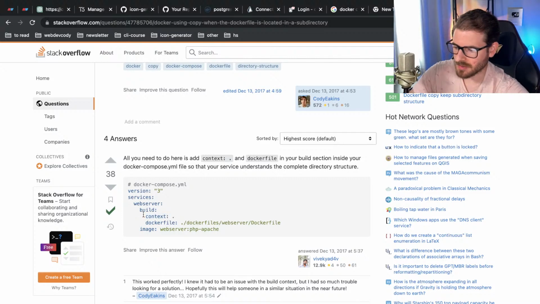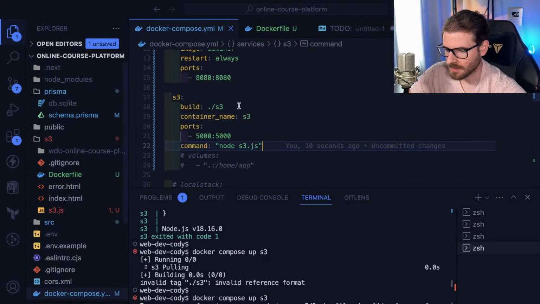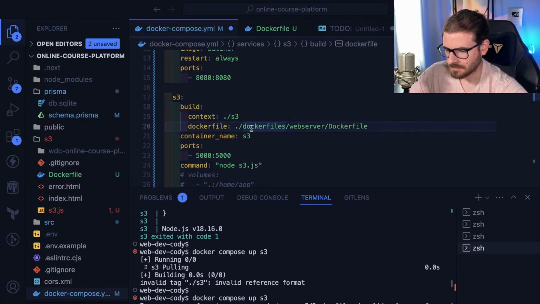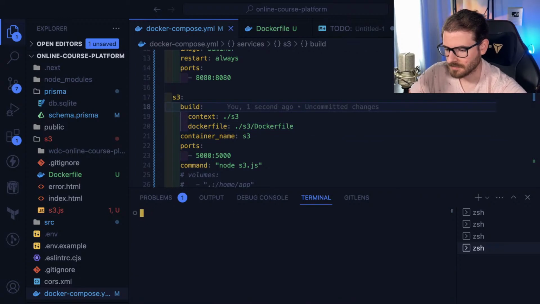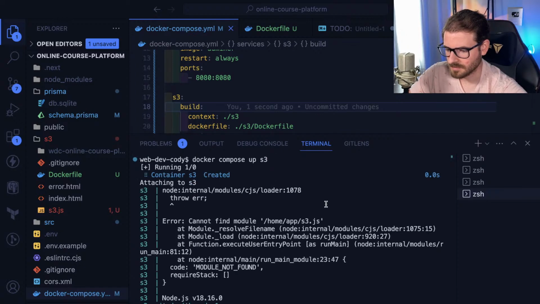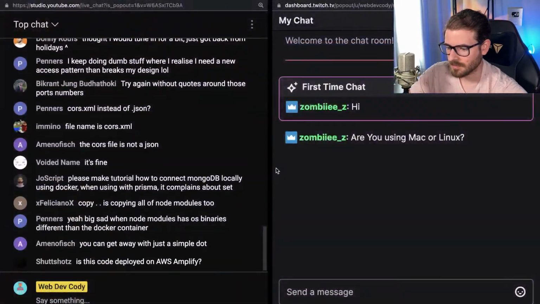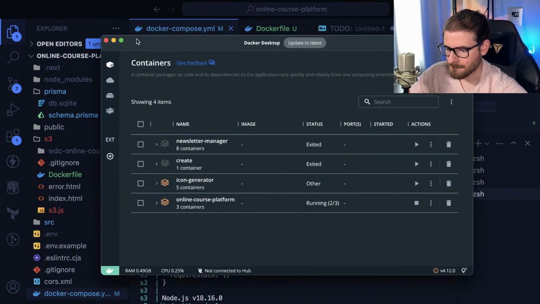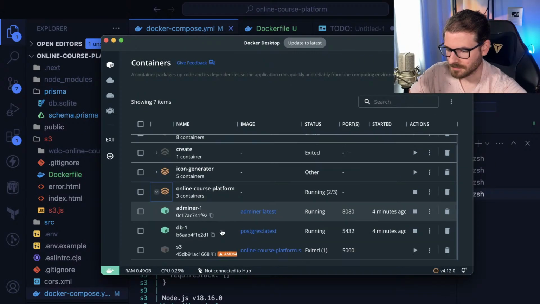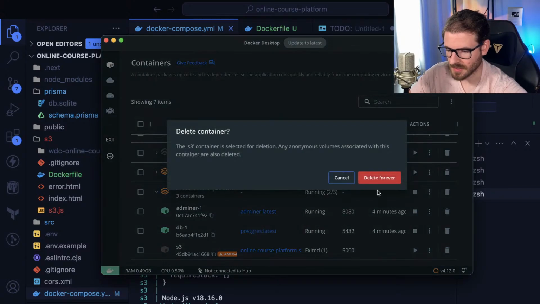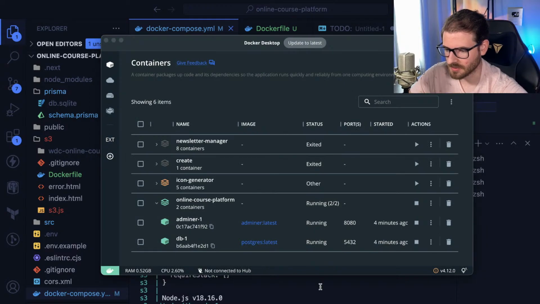Build context Docker file. Let me try that. Well, that's not working. I'm gonna try to delete this just in case. I've had issues with stuff not clearing out when